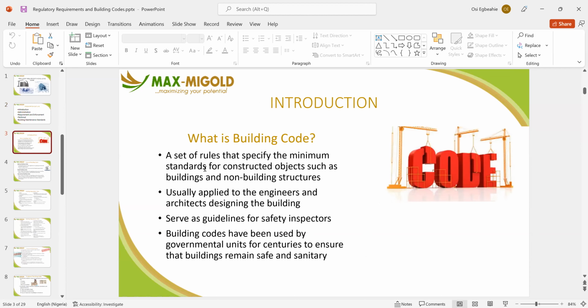What is a building code? They are sets of rules that specify the minimum standard for construction of constructed objects, such as buildings and non-building structures. Now, whether they are building structures or they're not building,